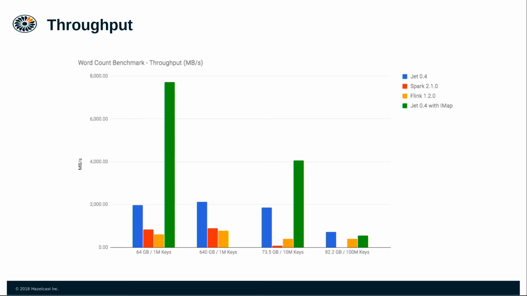So how is the performance? This is a performance benchmark done while Jet was at 0.4, I think a couple of months ago, maybe 6 or 7 months. It's a comparison between Jet, Spark 2.1, and Flink. For the time being, just don't look at this one, the yellow one. So what we are seeing is the